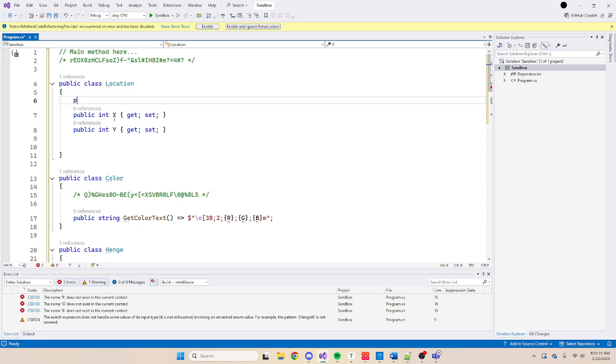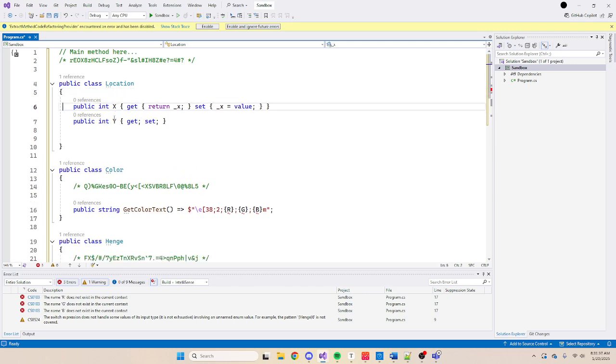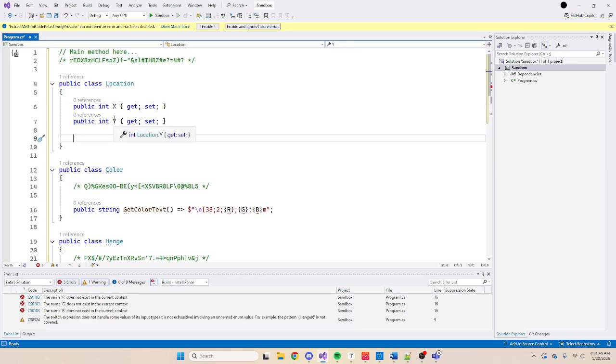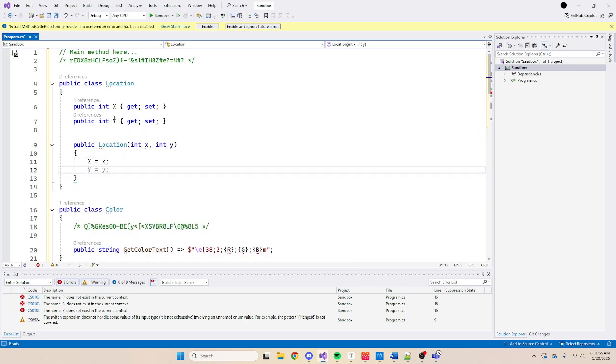If you chose to do something like this, and then do something like that, that's fine. But if an auto property works, I'm going to always prefer that. This is simpler code to me. It does the exact same thing, just the compiler makes the field for you. And then we don't need a constructor, but I'm going to add one. And that's it. So that's the whole thing